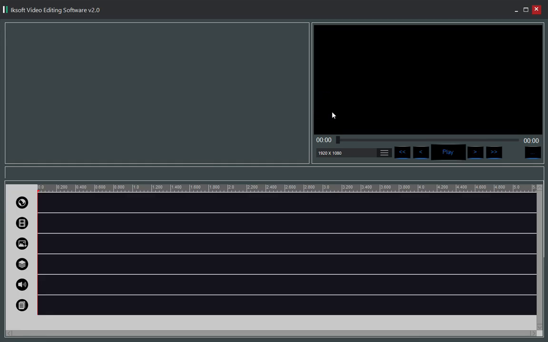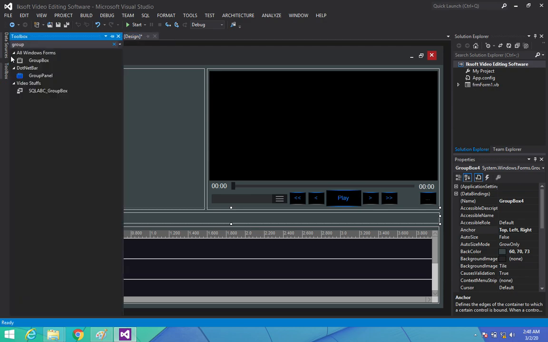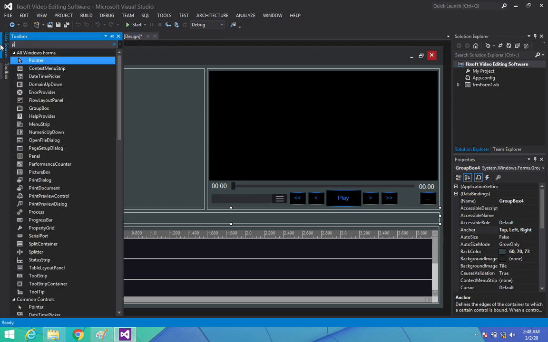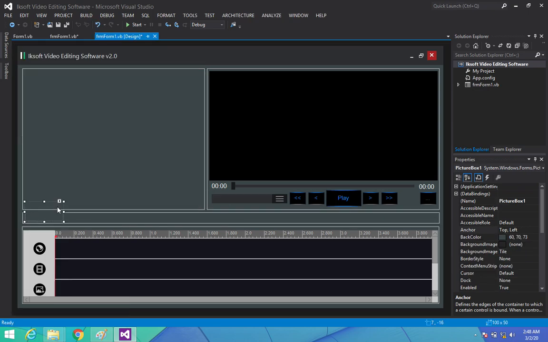Okay, so as you can see, this is how it looks. Let's remove the bottom anchor so that it will be very perfect. So that is it, we've removed the bottom anchor. Good. Now we're going to add some little guys here, and I'm going to use a picture box. I'll just drag and drop a picture box here, and I will scale it up and down, and then